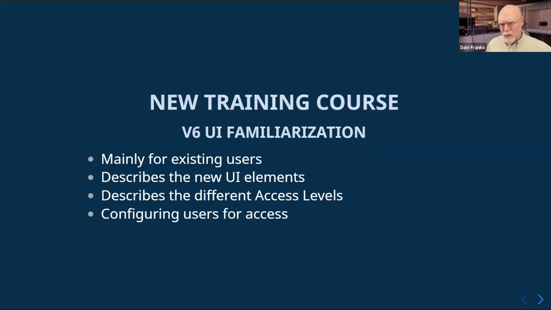In the old Process Director UI, so everything up through version 5, there was really only one access level, although I guess system administrators had a second level of access, as did partition administrators, that gave you fuller control. There are now 3 access levels. So you still have system administrators and partition administrators, but there's also developer level access, which gives you access to the homepage and the content list, but doesn't give you access to any of the administrative features.